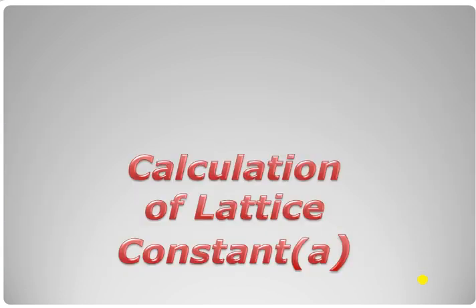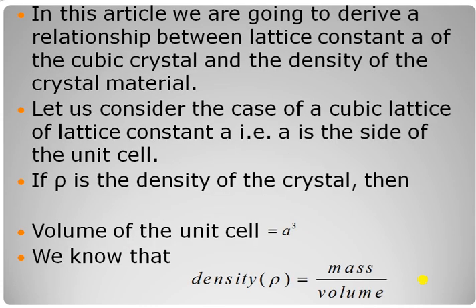Now let us go with the calculation of lattice constant a. In this article, we are going to derive a relationship between lattice constant a of the cubic crystal and the density of the crystal material. Let us consider the case of a cubic lattice of lattice constant a, that is, a is the side of the unit cell. If rho is the density of the crystal, then volume of the unit cell will be equal